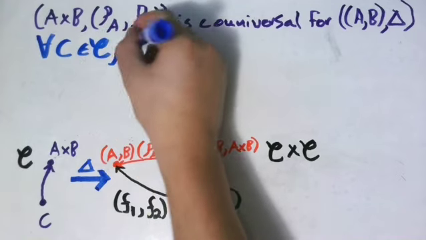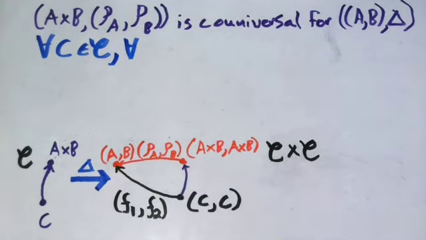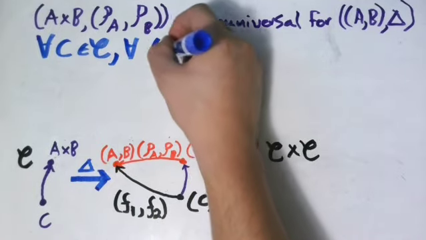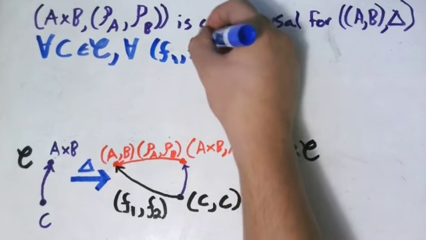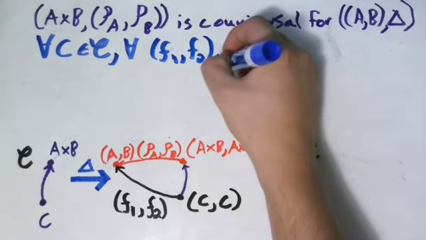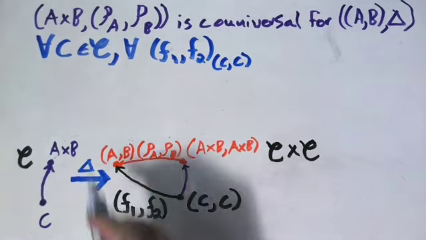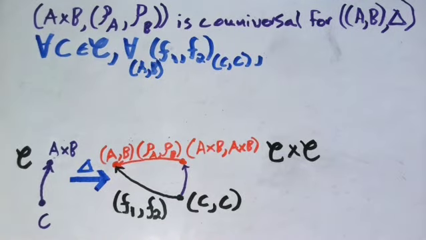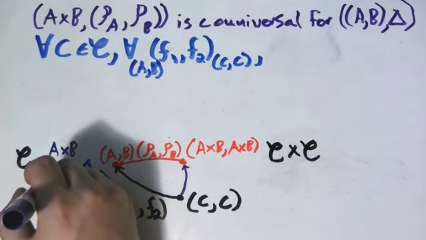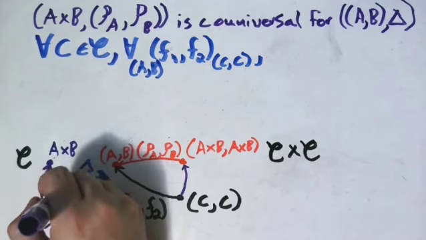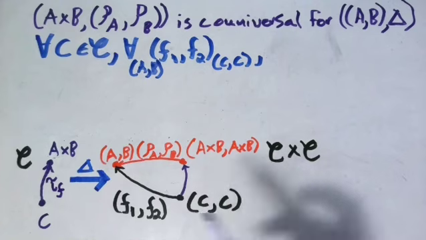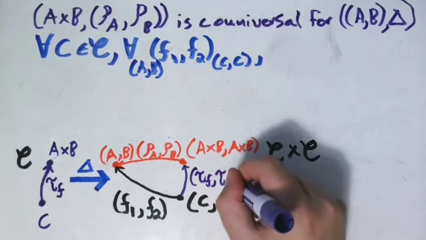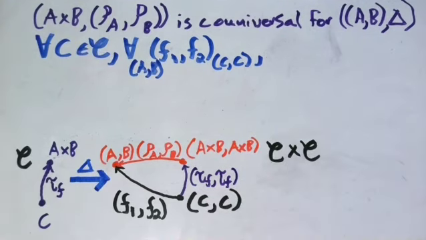and for any arbitrary morphism here, which in this case is a pair of morphisms, F1, F2, which go from the pair C cross C into the pair AB, we must have a unique tau of F over here, such that the image, which in this case is going to be tau of F, allows this diagram to commute,